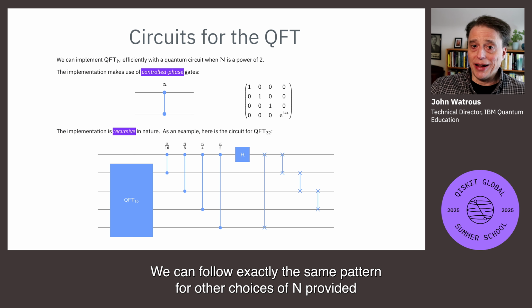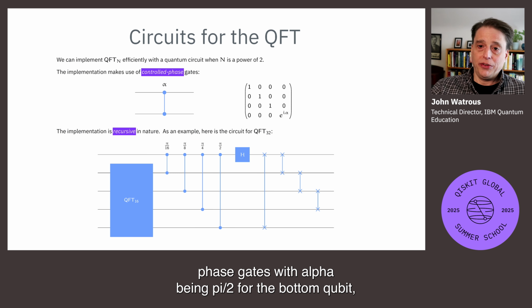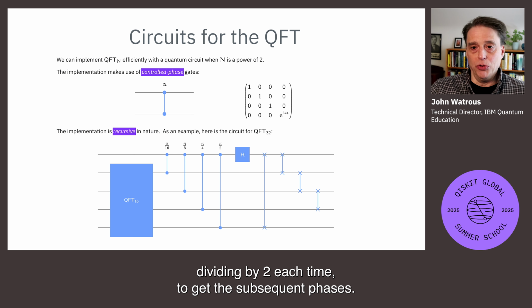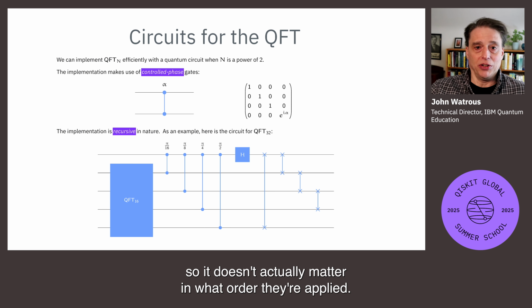We can follow exactly the same pattern for other choices of n, provided that the powers of 2, where we always start the controlled phase gates with alpha being pi over 2 for the bottom qubit, dividing by 2 each time to get the subsequent phases. The controlled phase gates, by the way, all commute with one another, so it doesn't actually matter in what order